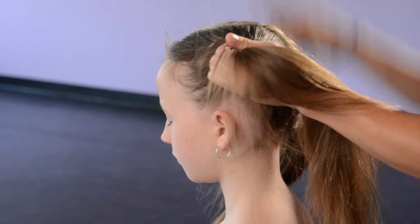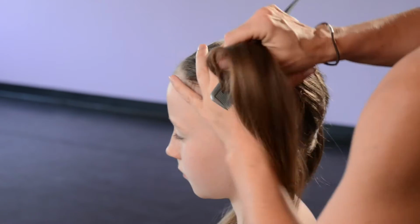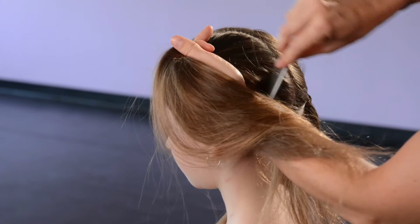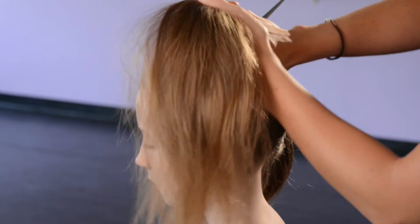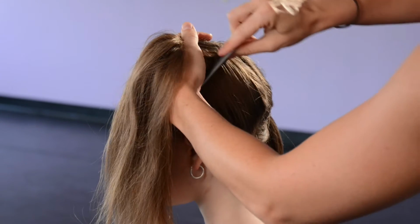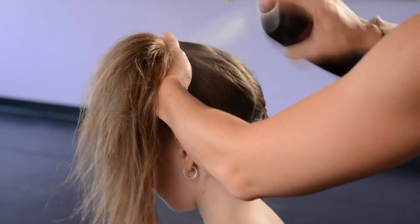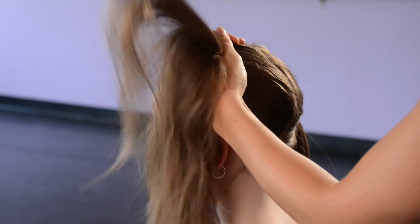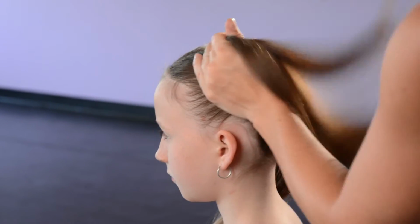I'm going to get out my comb and start to comb the hair into place, trying to keep it nice and flat as much as I can. Now we're trying to keep it flat with no bumps. If you are going to be putting in the curly hairpiece or the curly wig, then you do have a little bit more leeway because you can hide some mistakes with that. But it's good practice to kind of get it nice and flat to begin with. And again, I'm going to use my hairspray just to make sure it's going to be nice and secure. So once I think I've got about the right placement there,